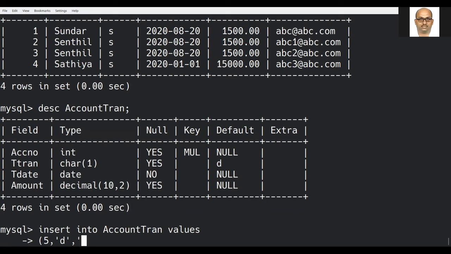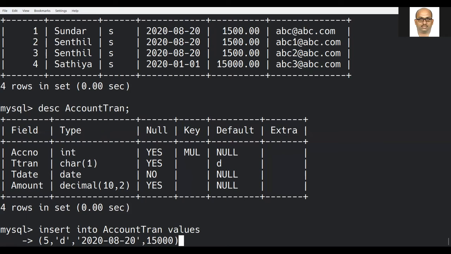Then comes date. Let us enter today's date. Then amount I am trying to enter. Anyhow, it is not going to get inserted. It is going to throw an error.